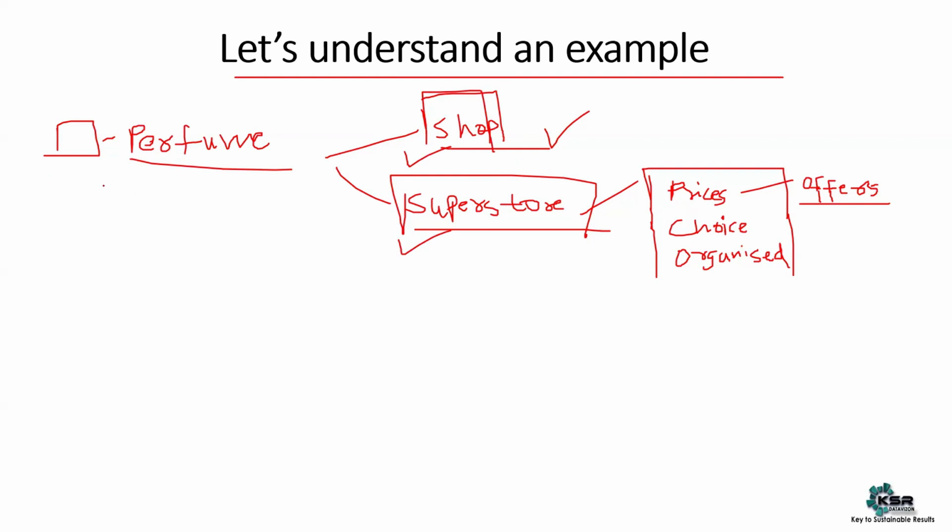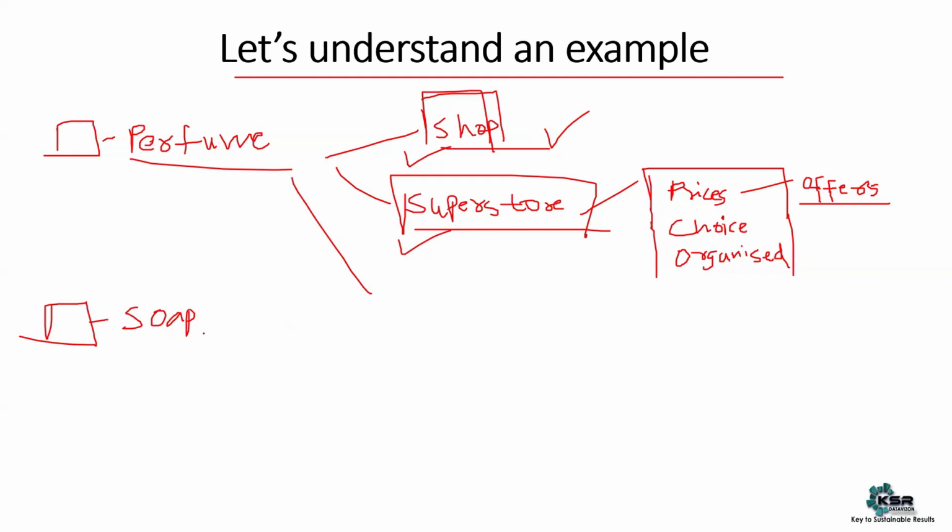So any product, if you take into consideration, there are two entities. I mean, if you're going to a normal shop and if you're going to a superstore. Now, if you're taking a perfume, you need to visit, test, and smell whether the perfume is suitable for me. But let's take an example of a product which you already know is good. Maybe a normal soap. You want to purchase a normal soap. Now, you cannot test a soap, right?